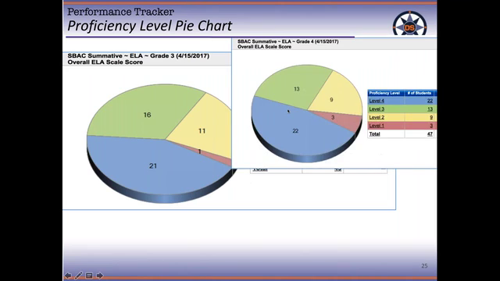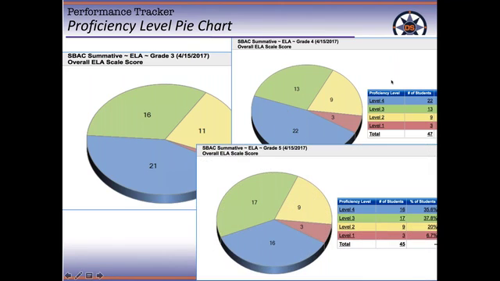I can print 2 at a time. It actually prints these in a line, but I couldn't fit it all on one page. So right here I've got the 3rd grade, the 4th grade, and the 5th grade. How did they do? Well, if I'm going to look at the blue and the green, they all did pretty well. And look at, almost half of these students, which is grade 4, were in the blue, which is great. So it's a great way to look at an overall picture of how the students scored on an assessment.